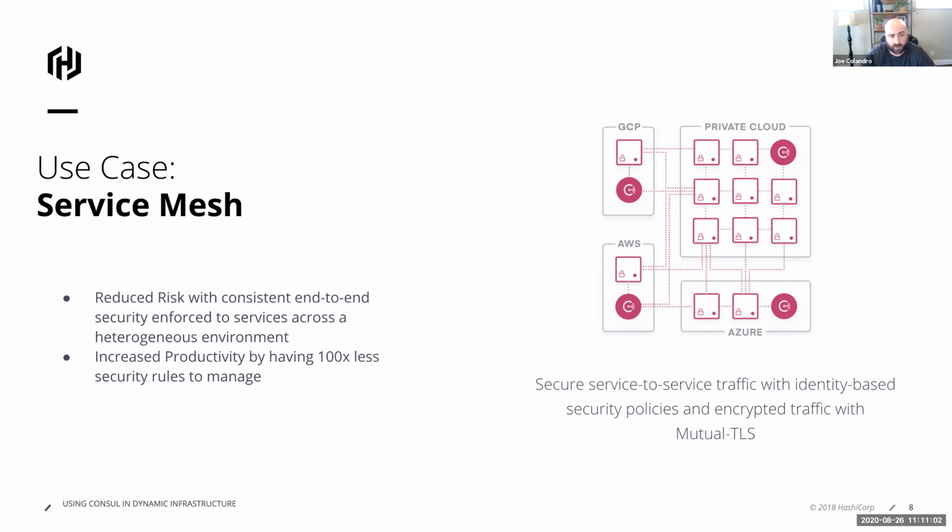So for several years now, Consul has included a service mesh as part of its capability. It's called Consul Connect, and it is based on a default Envoy control plane, but that's of course configurable